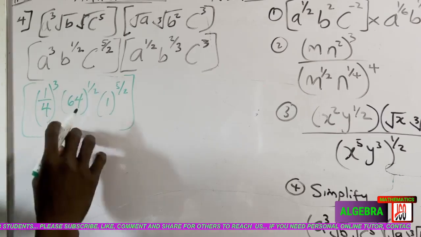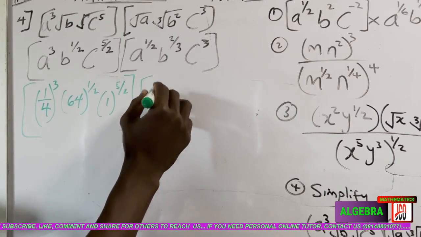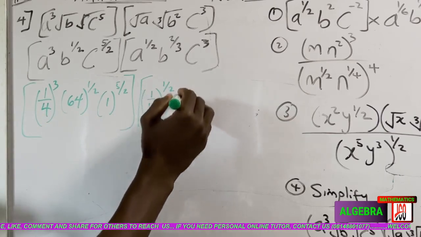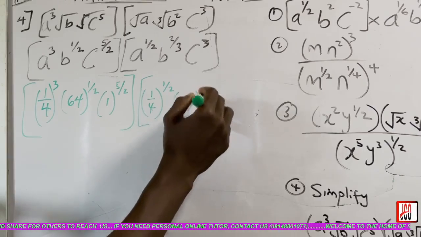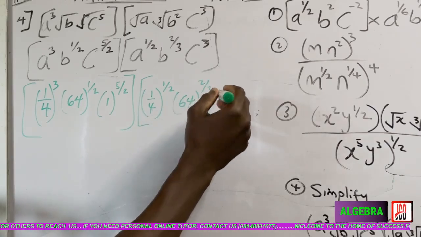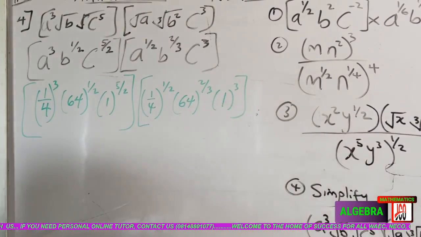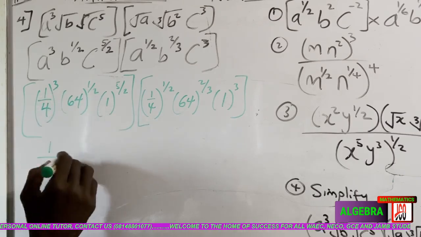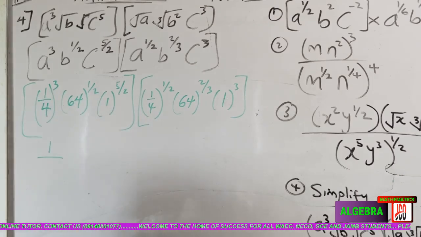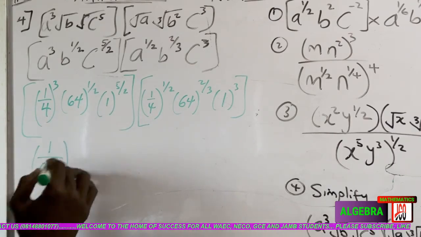So let's say I'm dealing with this before I now come to do with A, which is 1 over 4 raised to power half. Then my B is what? 64. 64 raised to power 2 over 3. Then my C is 1 raised to power 3. So let's work this out. 1 over 4 raised to power 3. 1 raised to power 3 is 1. Then 4 raised to power 3 simply is 4 times 4 times 4, which is 64. That being said,